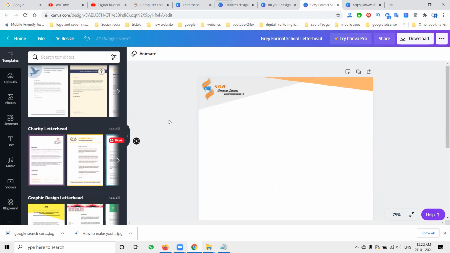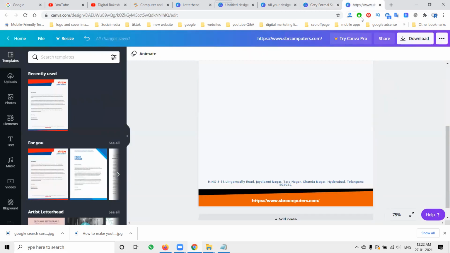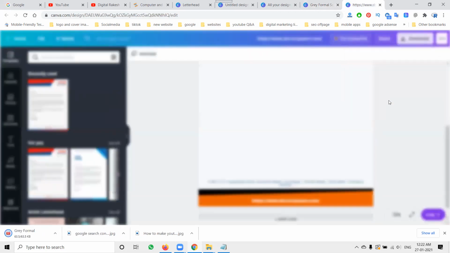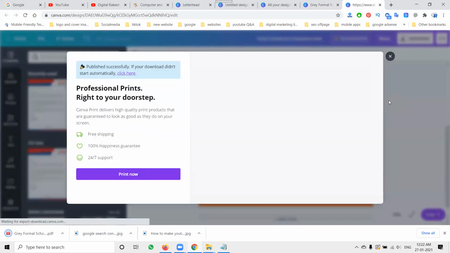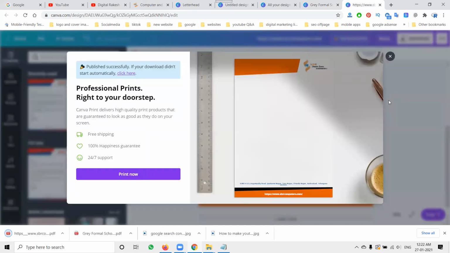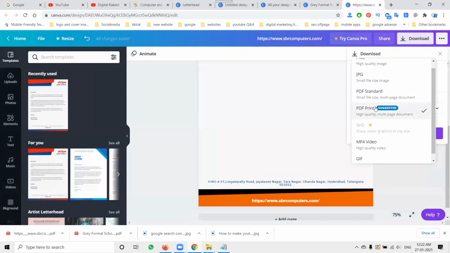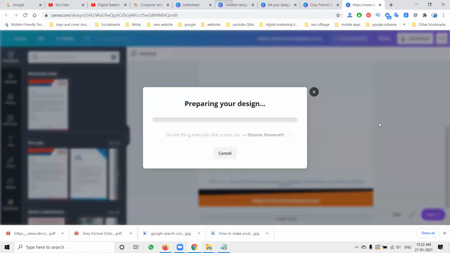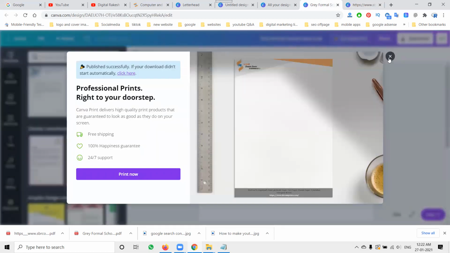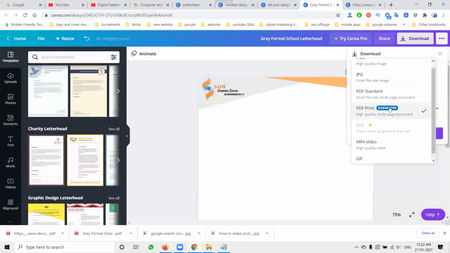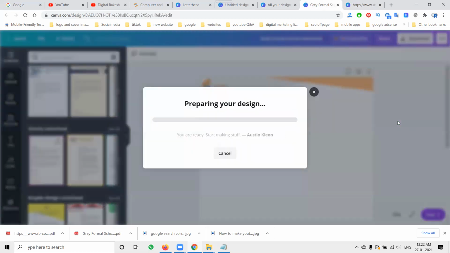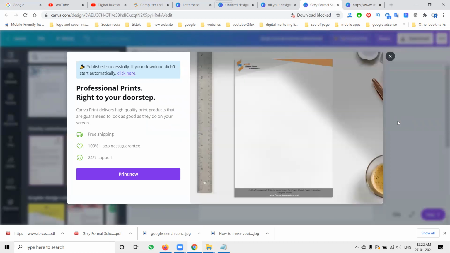A very key point for everyone: download the letterhead in PDF format. Just keep it in mind. Any letterhead we download, the format is PDF. Don't use JPG and PNG. They will also support it, but PDF standard is the important one. It is a standard, and second, it is printable. So both are flexible. We can use the PDF standard option. Both we can download, whichever is comfortable.